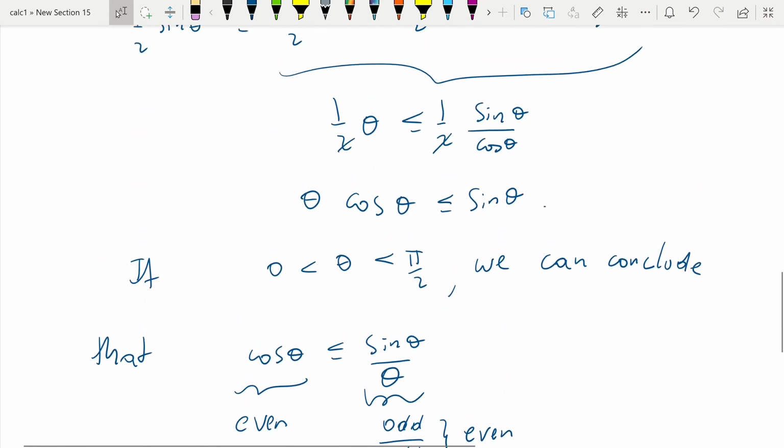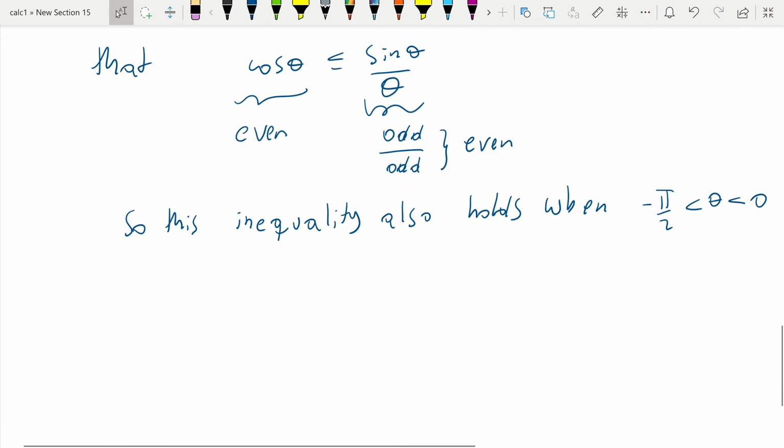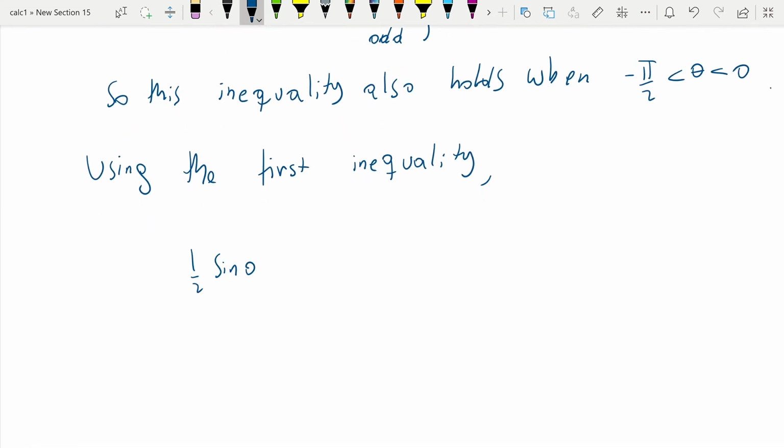So we go back here. 1/2 sine theta is less than or equal to 1/2 of theta, and reasoning similarly, using the first inequality, for values of theta in between pi over 2 and 0,